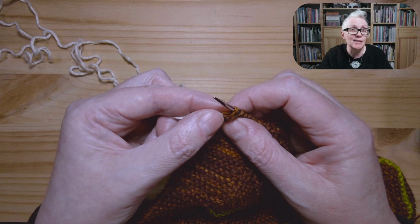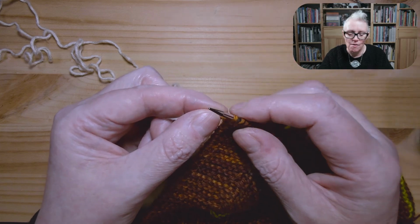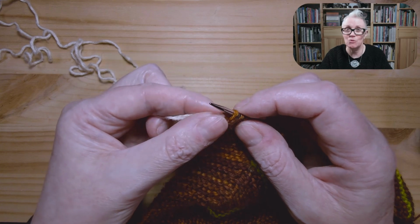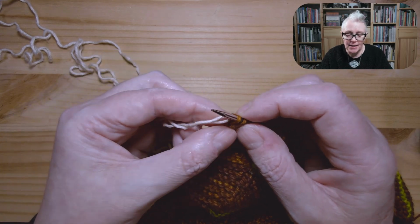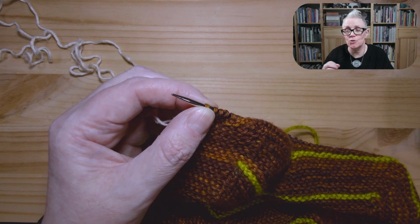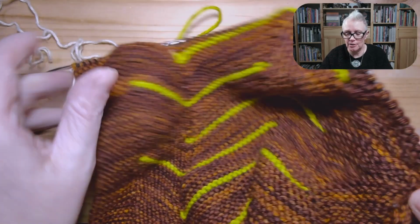Depending on the project that you're working on, you may well have to try and find somewhere to make up that stitch. Maybe you don't need to. It depends. For my sideways knit hats, I say do not use this loop here as a stitch, because it will create a visible jog when you do your grafting. Leave that as the end loop stitch, and when we need to make up the extra stitch, we'll take it from the crown end, because once you've done your graft, you're going to have a small circle at the crown up here,